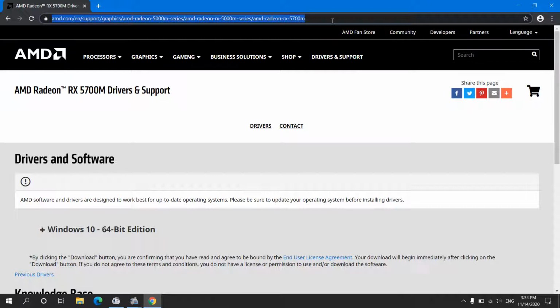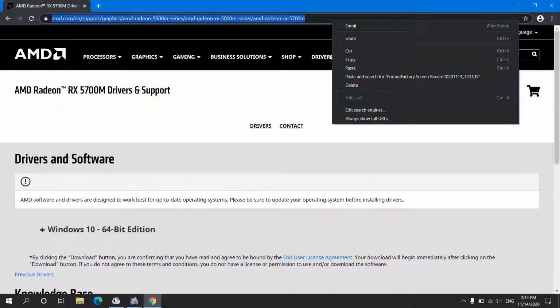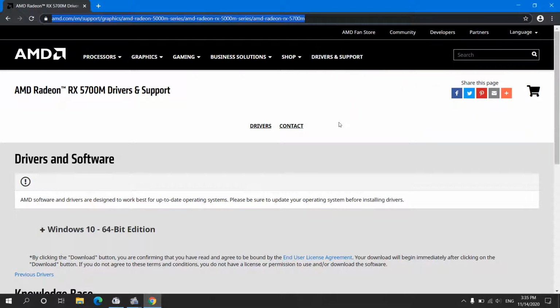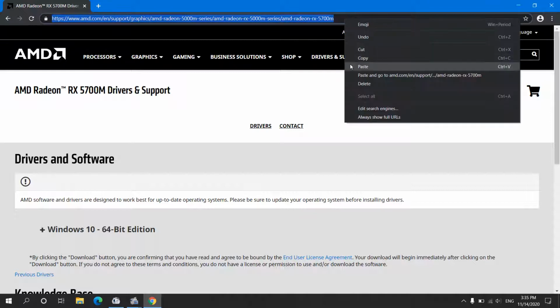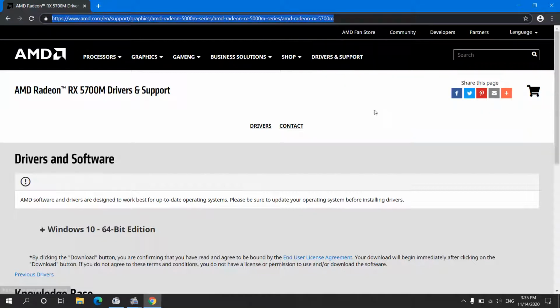So what we do most of the time is copy this link, such as right click and copy, and paste it within the email or within an instant messenger such as WhatsApp. This methodology works pretty much fine when you are using desktop browsers on your laptop.